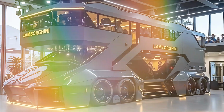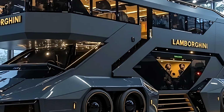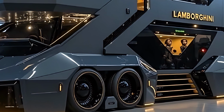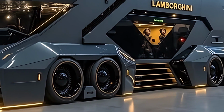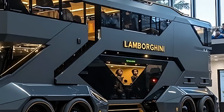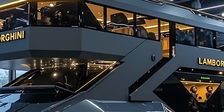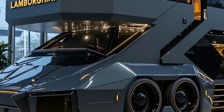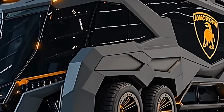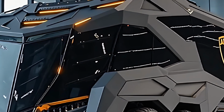From the outside, the 2026 Lamborghini Motorhome looks nothing like a conventional camper. It's aggressive, aerodynamic, and unapologetically Lamborghini. At first glance, the signature Y-shaped LED headlights capture your attention, borrowed straight from the marque's supercar design language. The sharp angular lines, the sculpted bodywork, and the massive front intakes all scream performance. Finished in Lamborghini's classic colors like Verde Mantis, Arancio Borealis, and Nero Noctis, it stands tall with a low-slung supercar